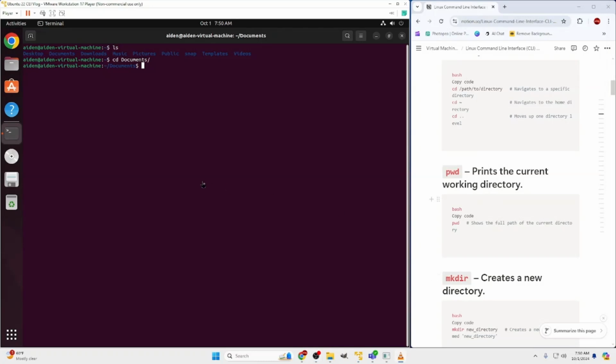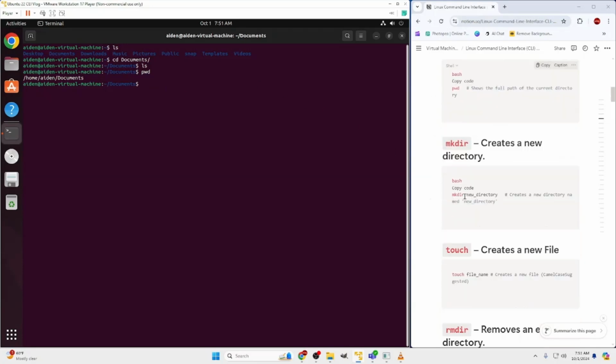Okay, so I got a little too far. I was supposed to ls, enter, then pwd. And then as you can see, we went home to my name to documents which we are now in. So next we do this command right here, mkdir, which creates a new directory. So we're gonna type that in,